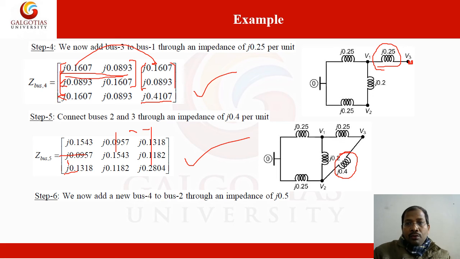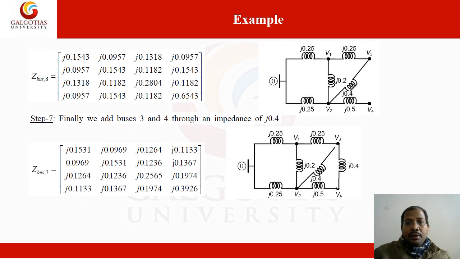Now we have to add a new bus 4 through this transmission line. So here again we have to apply step 2. So here we are getting 4 by 4 elements. Same, we have to apply step 2. So you can see it. This bus 4 is connected through bus 2. So this one is replaced here, and this one is replaced to here. And these diagonal elements we can add. Add means we are adding Z22 plus 0.5. So we are getting this value.